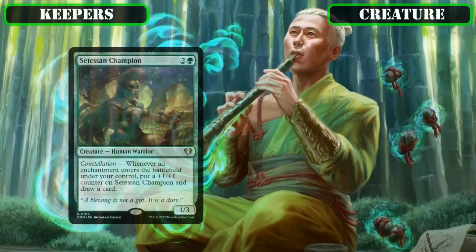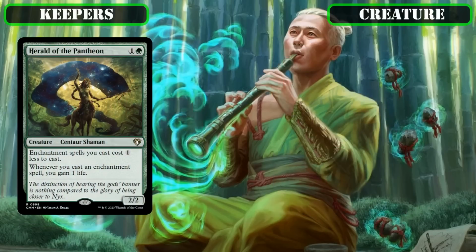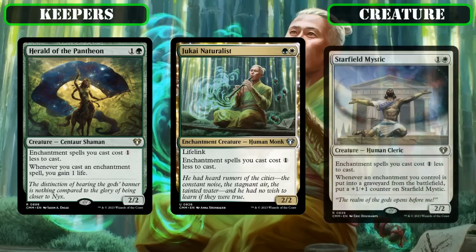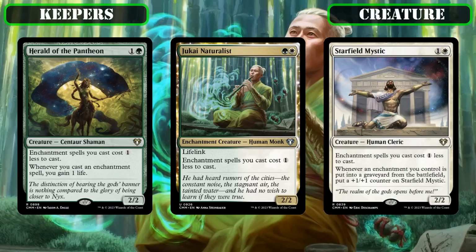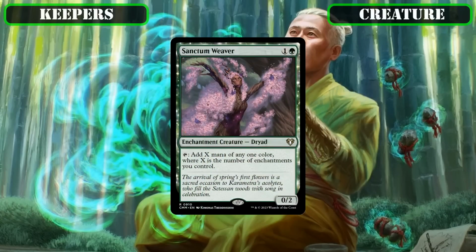Setessan Champion and Eidolon of Blossoms as even more card advantage that this time procs whenever an enchantment ETBs under our control, allowing them to work alongside our commander's reanimation and our other means that cheat enchantments into play for us for even more value, Herald of the Pantheon, Jukai Naturalist, and Starfield Mystic as means to reduce the cost of our enchantments to allow us to get our more expensive enchantments into play faster, or to cast our less expensive enchantments more frequently to proc our payoffs more often,